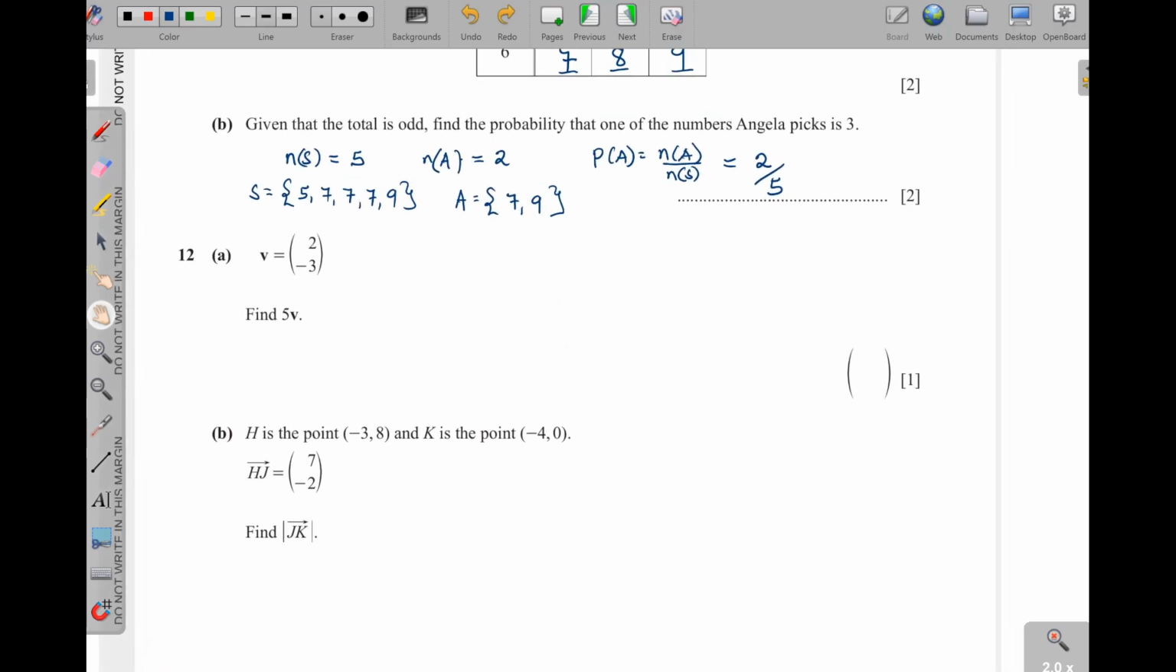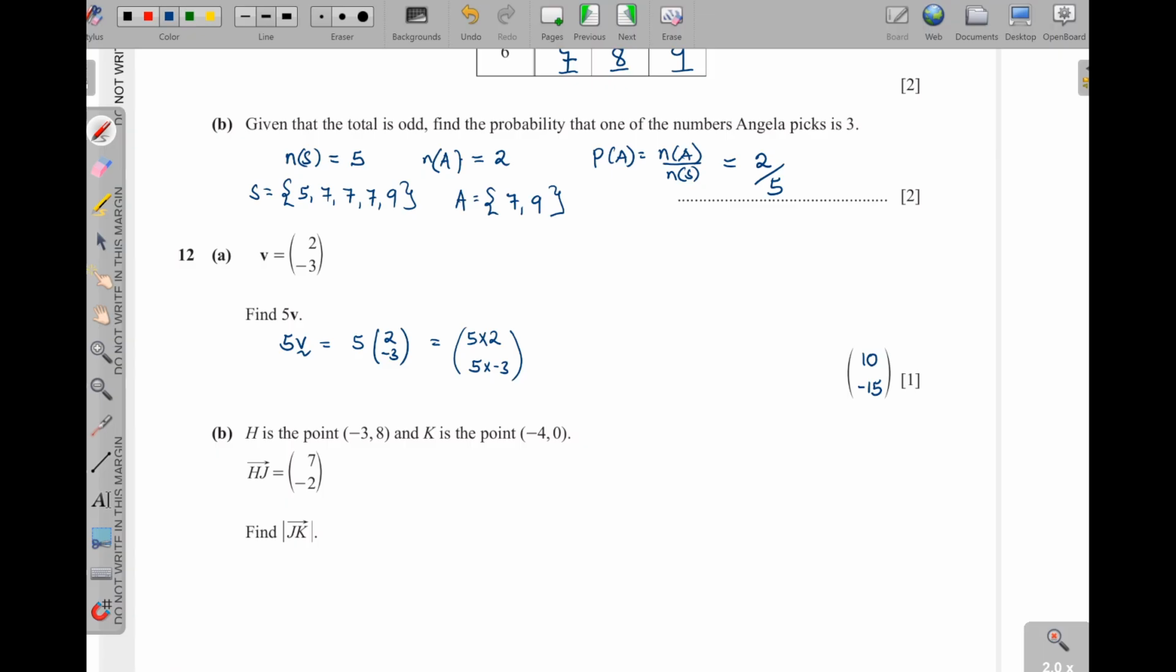Then 12 is coming from vectors. V is given as 2, negative 3, find 5V. So for 5V, in here we are supposed to multiply all the entries. So this one will be 5 times 2 and also 5 times negative 3. Many people multiply only with the 2 and they think that is correct. No, multiply that scalar by all the entries in that given vector. So this will be 10 and then negative